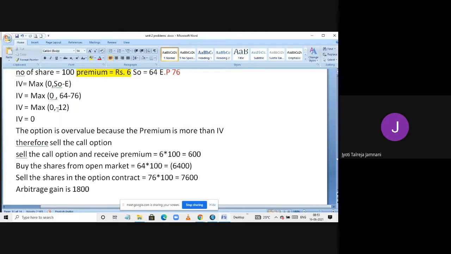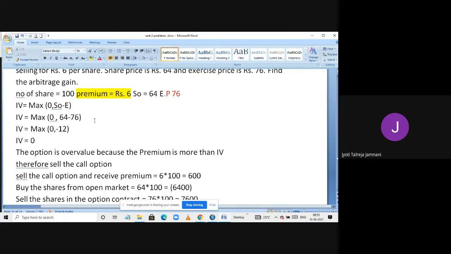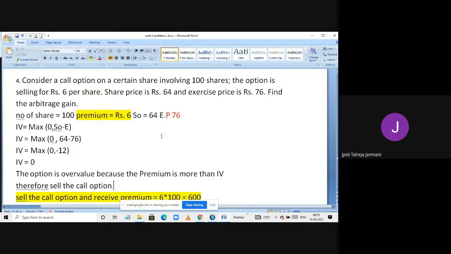As soon as you get here minus 12, the call option holder will say, I am in loss, I don't want to exercise the option, and the gain will be only this 600 premium that is received. It cannot be 1800 rupees, because the other party is not a fool. Call option is right to buy. When the other party can buy it for 64 rupees in the open market, why will he come to you and buy it from you for 76 rupees? And even at that time, when he has the right to decide, there is no force.